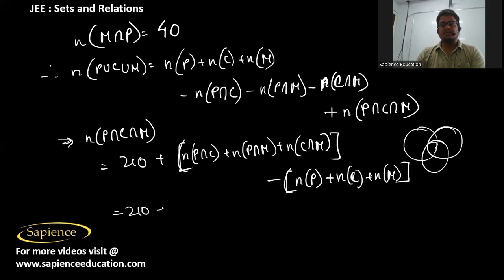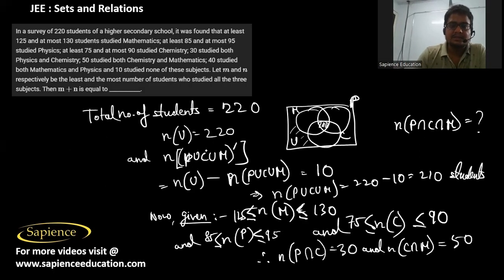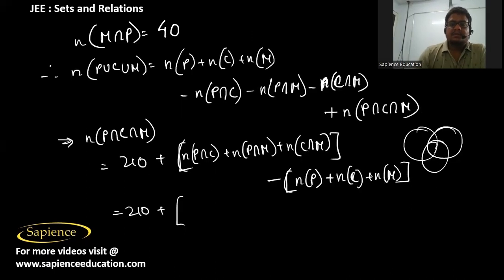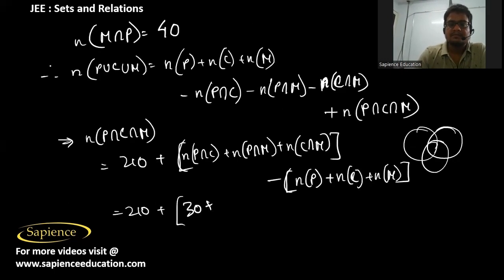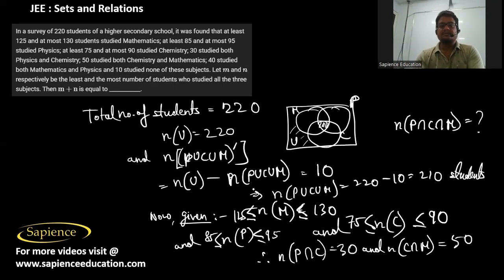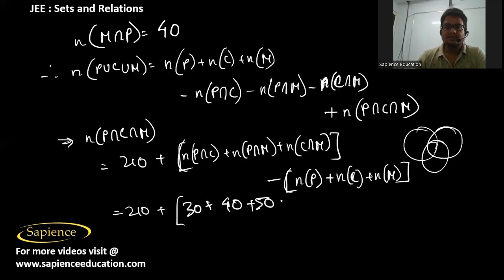So this will be 210 plus n of P intersection C, that is 30, plus n of P intersection M, that is equal to 40, plus n of C intersection M, that is equal to 50, then minus n of P